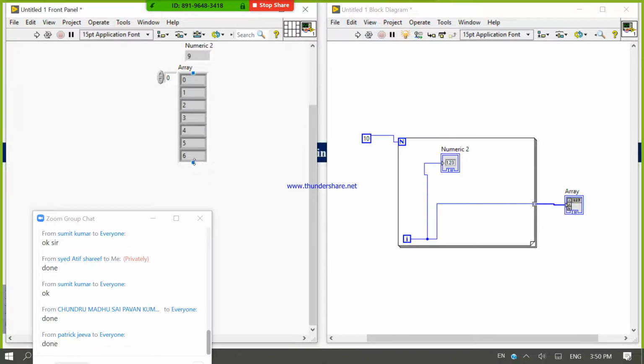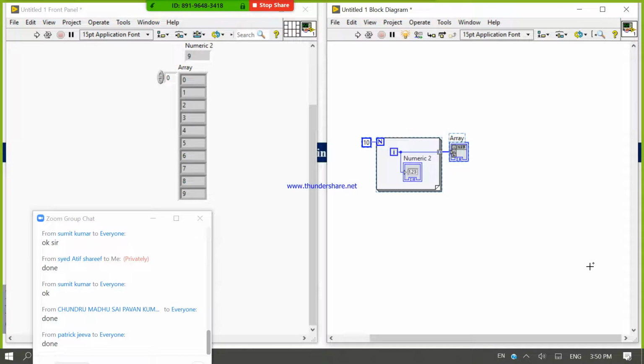Listen carefully, it is a universal rule. It is a universally accepted rule with loops, for loop and while loop both. An array cannot give you data outside of the loop while it's executing. An array will only give you data outside of the loop when the loop stops its execution.